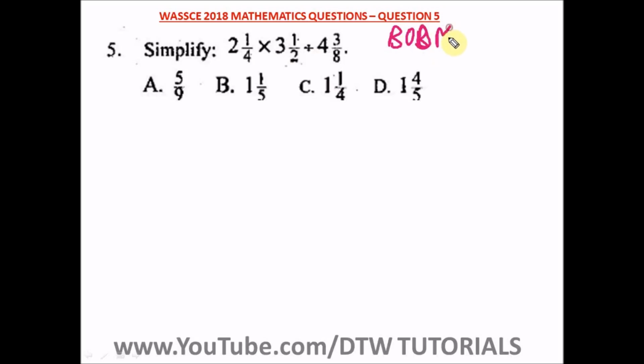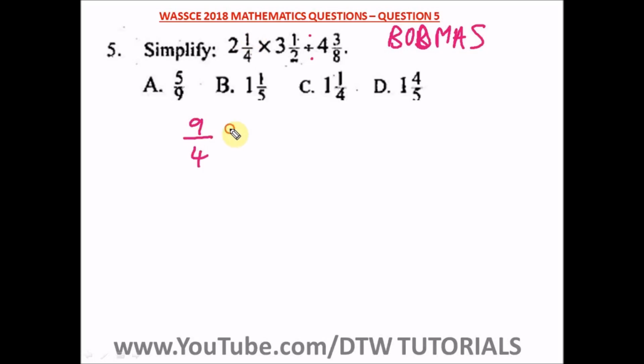Okay, so from here there's no brackets, there's no "of". There's a division sign here, so we'll first start with division. Let's convert these mixed numbers to improper fractions. To do that, 4 times 2 is 8, and 8 plus 1 is